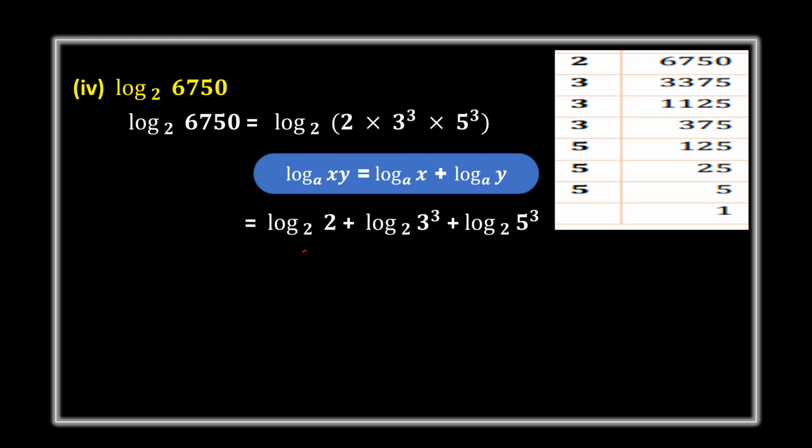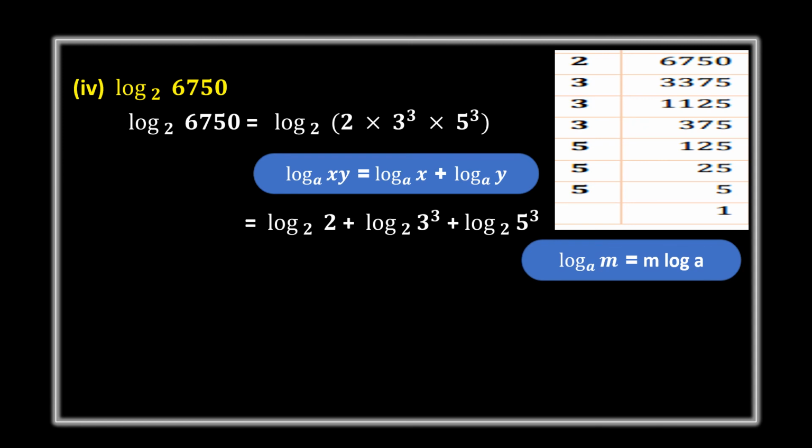Okay, here we have one formula that we can use here. Here if you observe, there are two powers here. Okay, so I'll send this here, because our formula is log m base a equal to m log a. Okay, if you observe the formula here, whenever power is there, the power will be sent front. Okay, so this 3 will be sent front, as well as this 5 will be sent front, because he gave log 3 base 2 is x and log 5 base 2 as y. That's it. We got the formula, right? We got in terms of x and y.